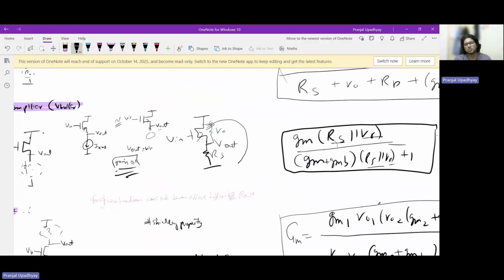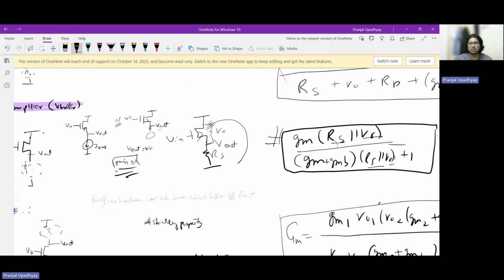You can solve here also, and just by KVLs, you can arrive at this result. Should you remember this formula? I'll say that yeah, it's worth it to remember this formula, because you can actually appreciate that the buffer action is not ideal, right? Because this value will be approximately equal to 1 only